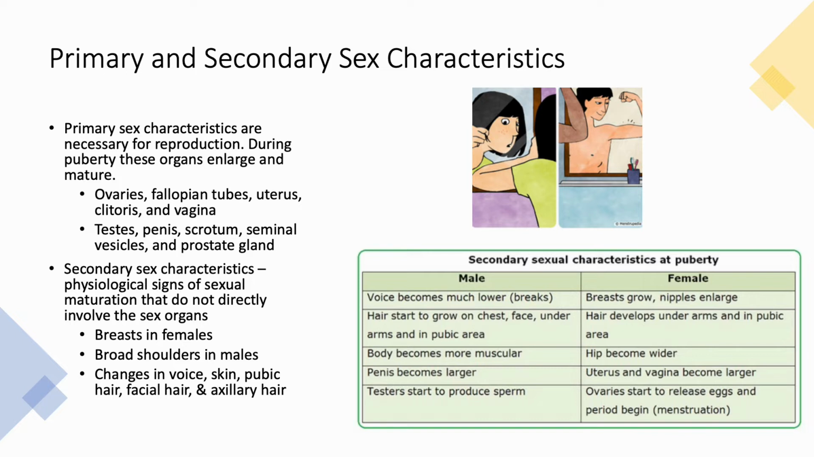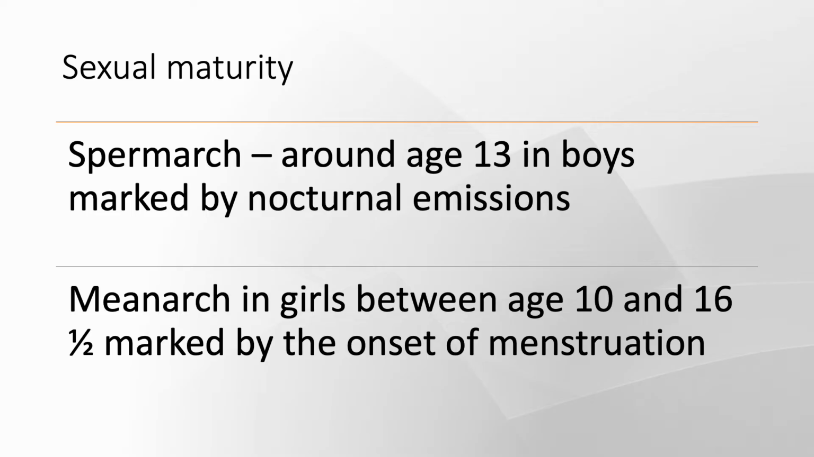The secondary sex characteristics are physiological signs of sexual maturation that do not directly involve the sex organs. So they're things like the breast in females, broader shoulders in males, and changes in voice, skin, pubic hair, facial hair, and axillary hair. And there is a nice table here for you to take a look at. Just for a little terminology,